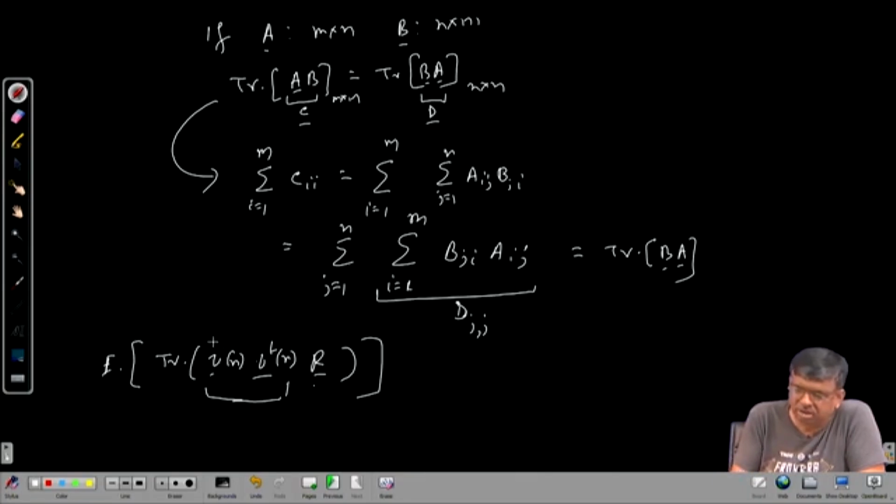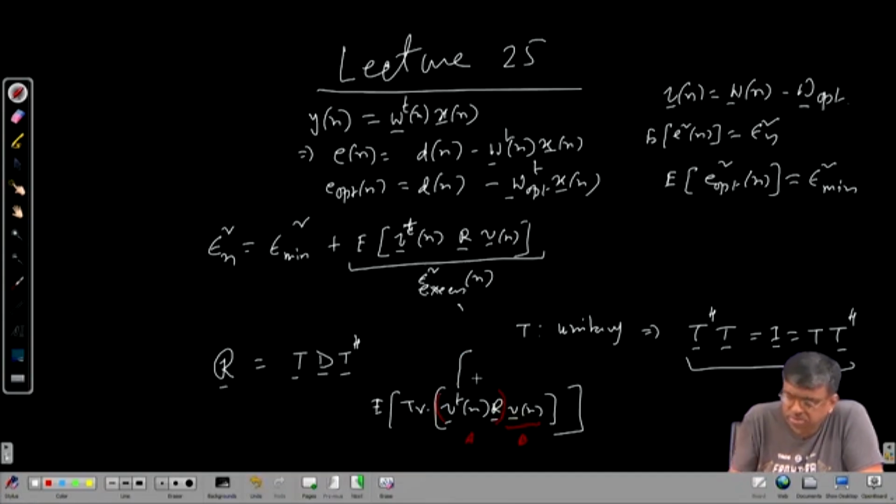Here you first take the sum of the diagonal entries, then apply E on the diagonal entries. But you can get the same thing if you apply E on all the entries of this total matrix and then take the summation of the diagonal ones. You will get the same thing. So, that is called interchanging the two operations. So, trace E goes in,